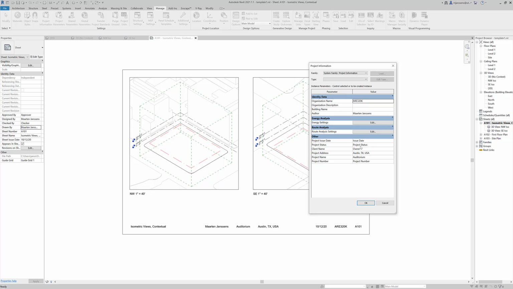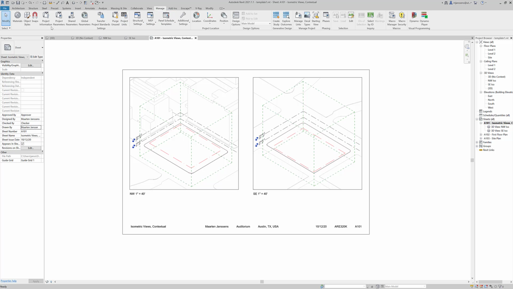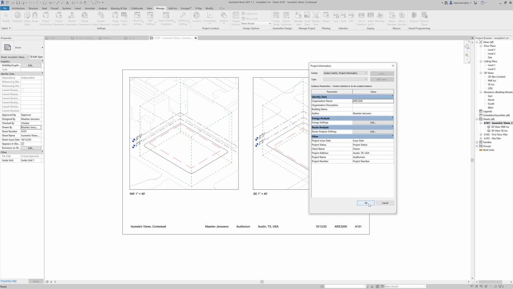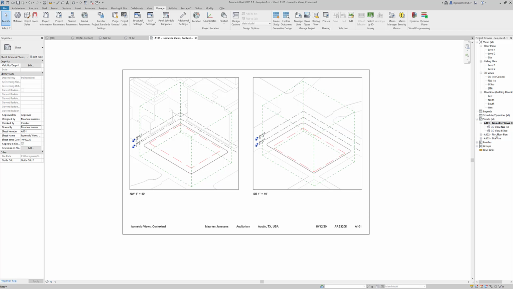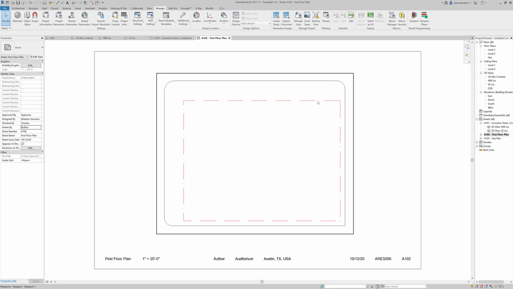And then if you change your project address to wherever you are, you can actually have a list there, but your project name is going to be your program essentially. And so that's how you change it. You go ahead and go to Manage and Project Information and change the parameters here, and it should auto-populate from sheet to sheet. I've also given you a first floor plan, and this is a sheet with just the plan